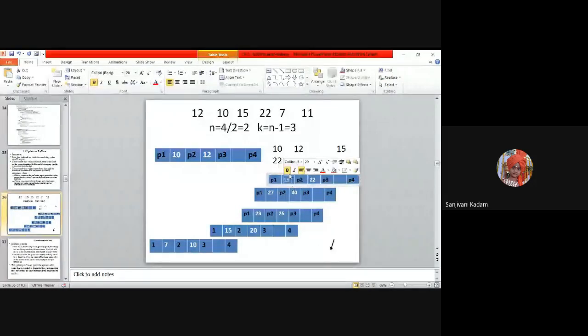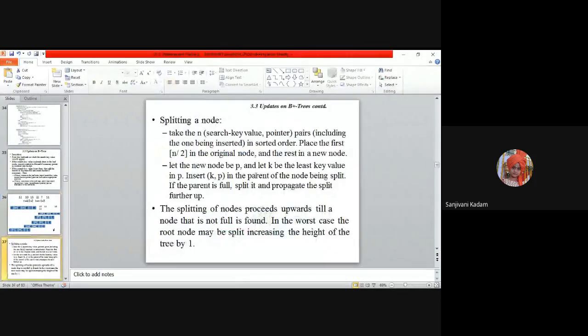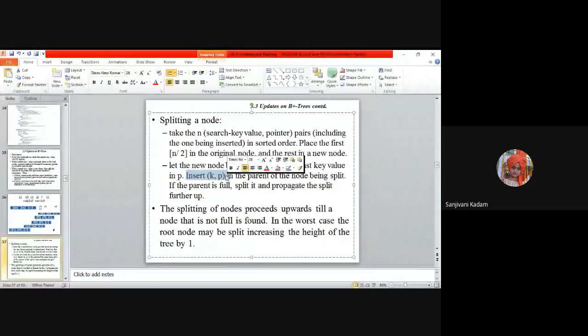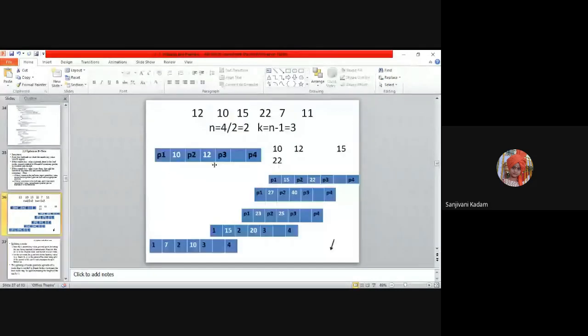Then insert K and P in the parent of the node being split. If the parent is full, split it and propagate the split further. Right now there is no parent for this node. So for the least search key, we have to create a parent, and for this purpose we will create a parent.